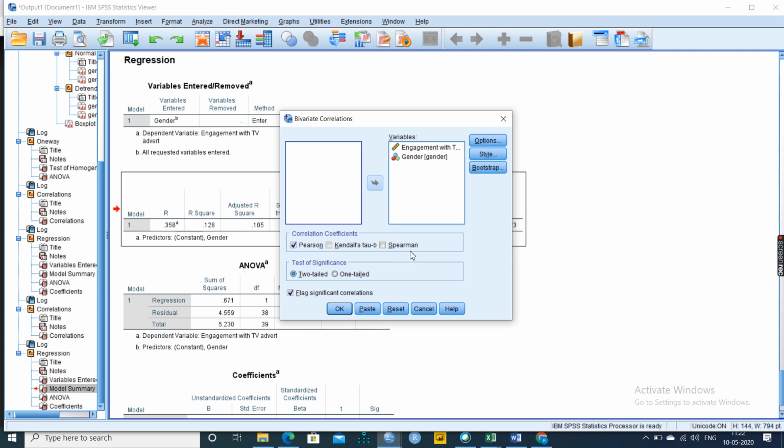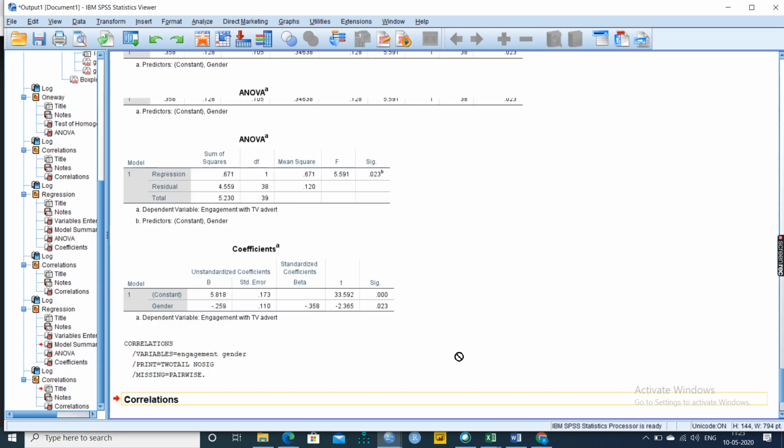Spearman is used when data is large and non-normal, and one variable should be continuous. Here also one variable should be continuous, the data set may be small, and data is non-normal. We can choose these two, but here we have chosen one variable that should be normal and continuous, and one should be nominal. So that is the understanding with respect to point biserial correlation. So thank you.